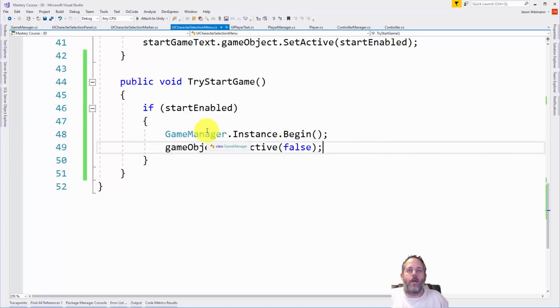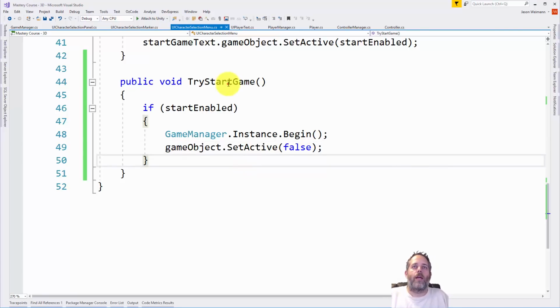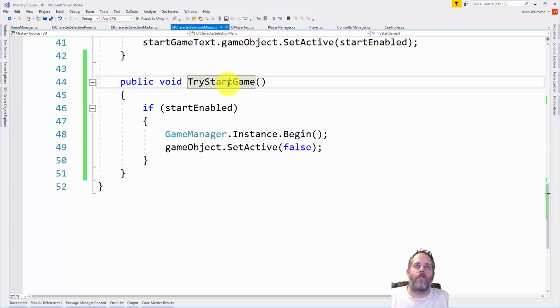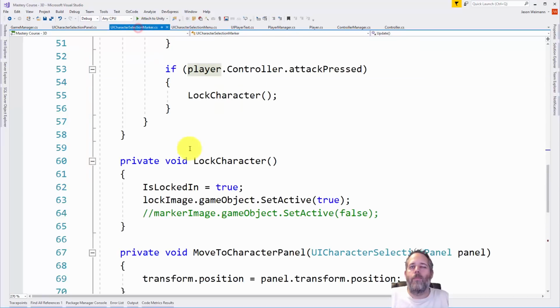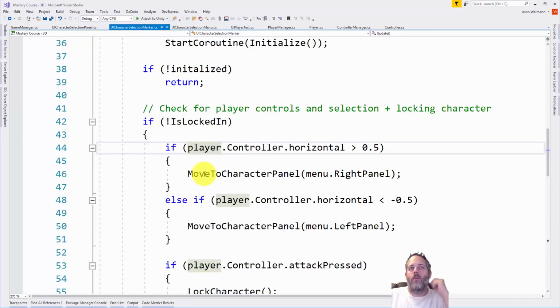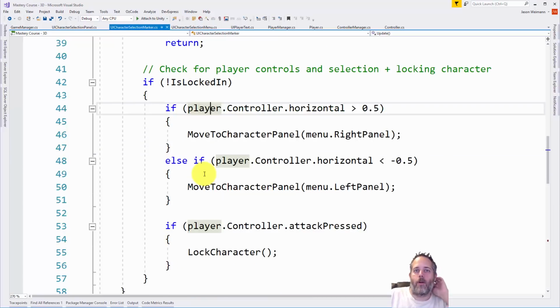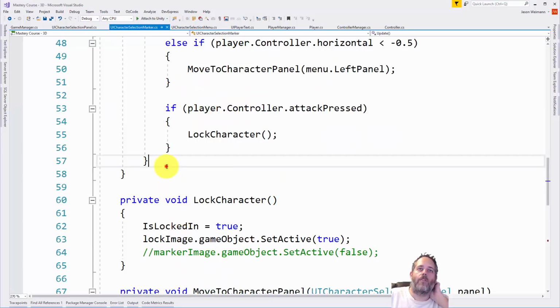So that was just a temporary way to just flip off our menu and tell the game manager to start playing. Now, we're still not calling our try start game. So let's figure out where we're doing that. And you may have guessed, but it's just going to be in this UI character selection marker. So right now we have the player saying, hey, if I press attack and I'm not locked, remember this is all if I'm not locked, then lock. Now what I also want to do is